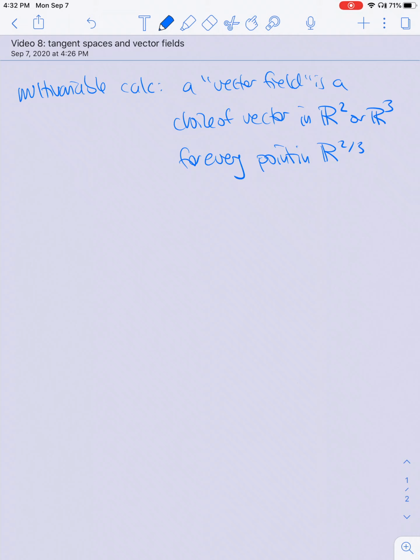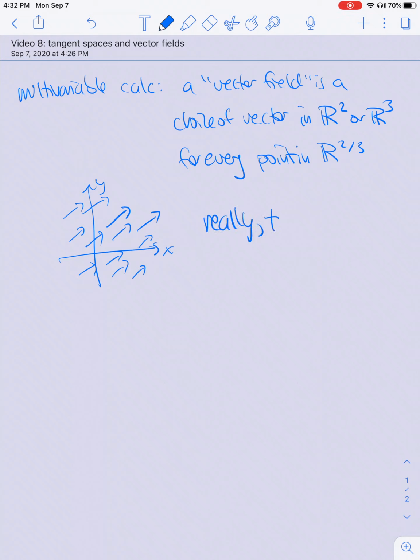So say for example on R2, you would maybe draw your axes, and then at every point you would draw a vector maybe to visualize what was going on, although you couldn't obviously draw them all because there's one at every single point and you can't draw all of them. So this isn't quite right, because what's happening here is really that there are two R2 or R3s